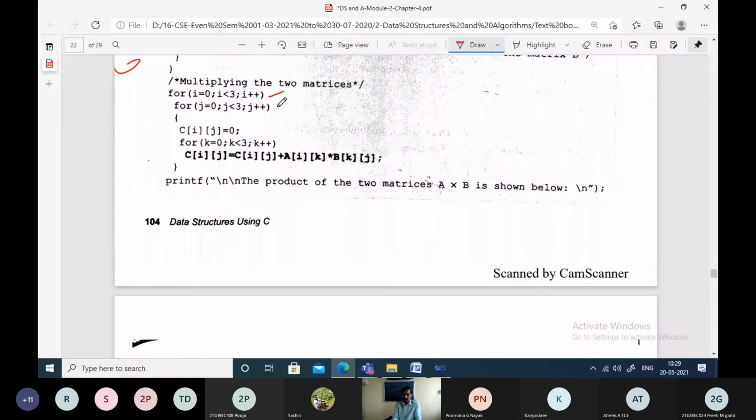That means the outer for loop is for rows, this is for columns, and this is C of ij's intermediary result, and K we are considering as holding the intermediary values. So multiplication is given by C of ij, whatever the present value is, plus A of ik into B of kj. This is the simple mathematics and simple flow of for looping. You can iterate through, and practice with some example. Take some 3x3 matrix and go on iterating this, you will get the result.